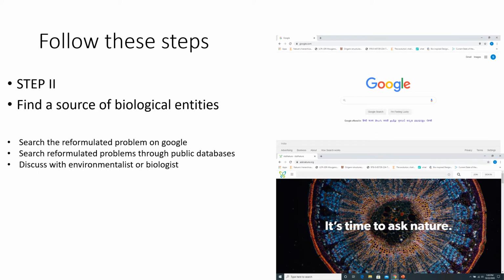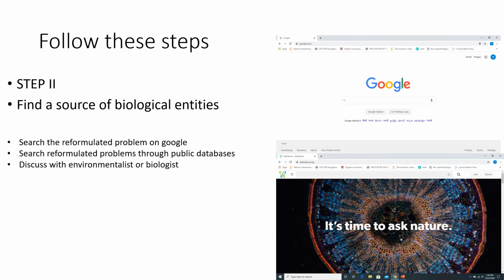After that, you have to follow step number 2, which is to find a source to refer to the biology. This source can be Google, ebooks, databases. The figure over here shows using Google as a source. The second figure shows another popular source for biologically inspired strategies, which is asknature.org.